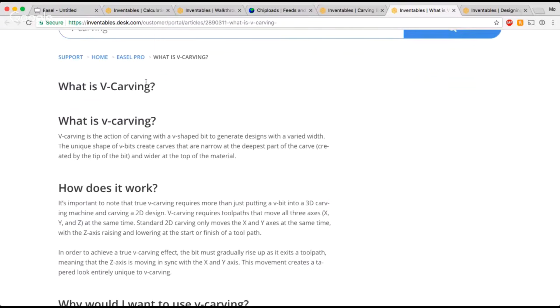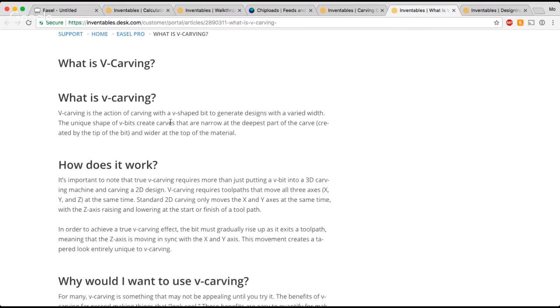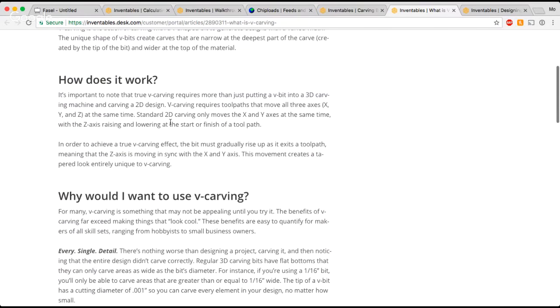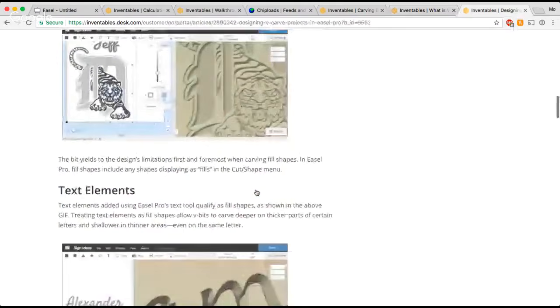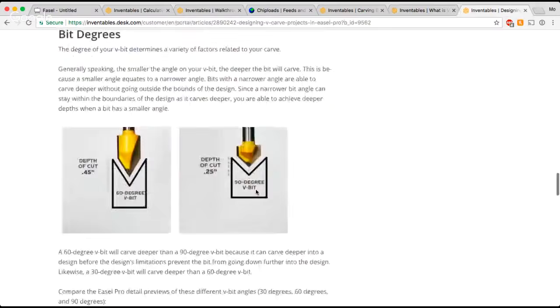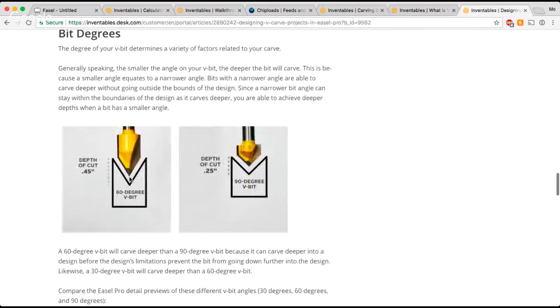Essentially, V-bits have a V design on them that allows you to generate tool paths with a varied width. So the carves start off very narrow. You can see here the bit starts off really narrow, and then it slowly gets wider the deeper you cut into it. If you have a 60-degree V-bit,